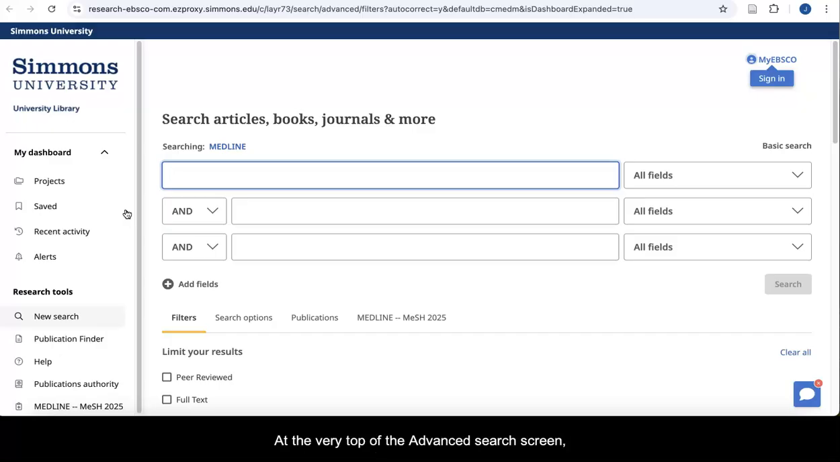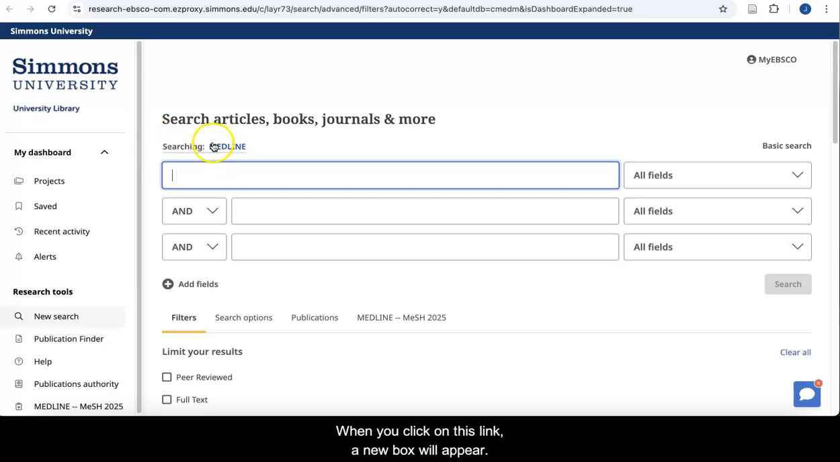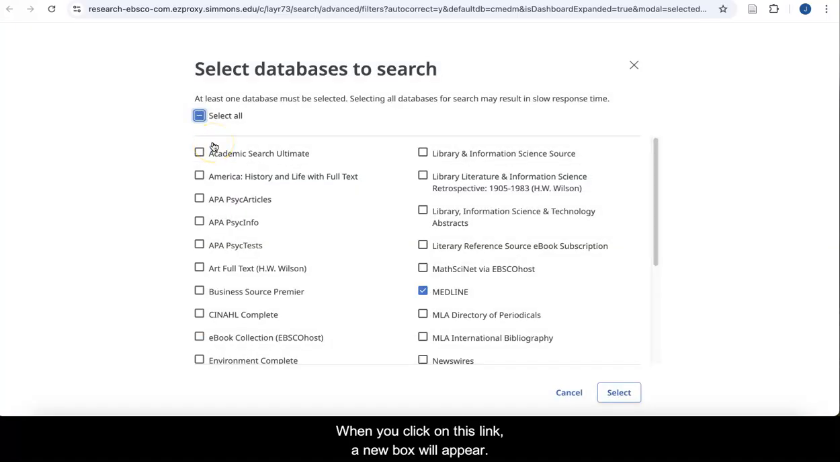At the very top of the Advanced Search screen, you will see a link for Searching Medline. When you click on this link, a new box will appear. Here you can select a variety of databases to add to your search. You may not need all of them, but you can familiarize yourself with the kind of information each database covers